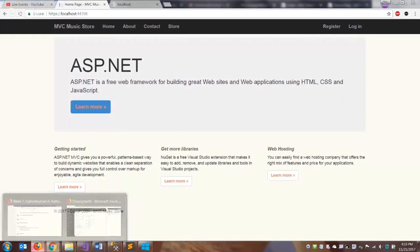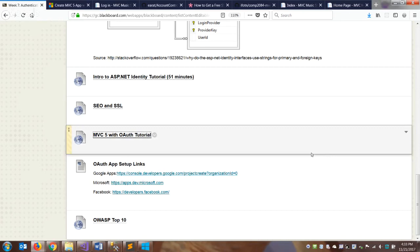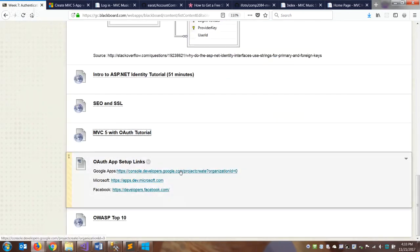So the first thing we need to do is go to the Google Developer Console. I've given you the link here on Blackboard. You do need a Google account for this. If you want to add the ability to log in with a Google account to your website, you have to have a Google account. So in Blackboard, inside of week 7, go down and you can grab that link,